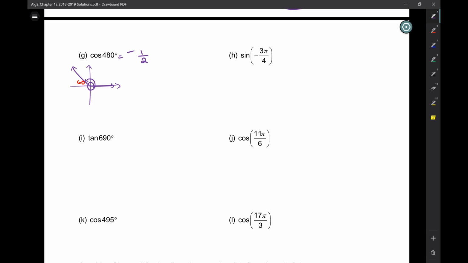Okay? All right, I have sine of negative 3 pi over 4. Where did we say negative 3 pi over 4 was? Right there. So what's the reference angle? Pi over 4, right? Okay, what do I know about the sides for the pi over 4? They're the same, so it's always going to be root 2 over 2. Now the question is positive or negative there? Negative. Okay? Now, what you're going to do is,